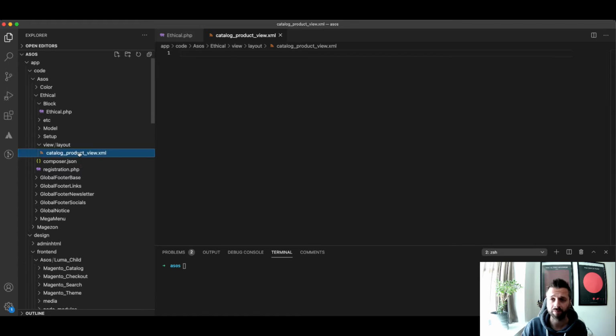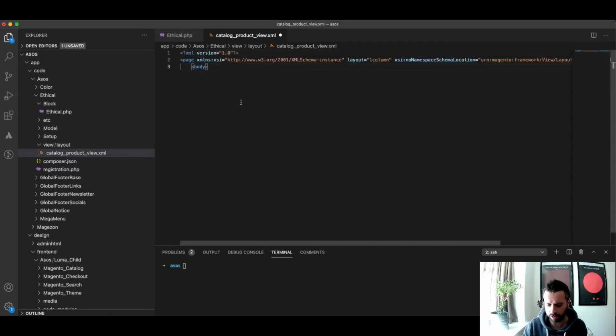And in this file you'll find a boilerplate for the Luma theme, or for the layout, which includes everything that you're going to need, or at least references to everything on the product page. So I'm just going to quickly throw in some boilerplate code here, but we're extending it, so we're not going to include the full file. We never do that, but we are going to hook into some specific areas in the